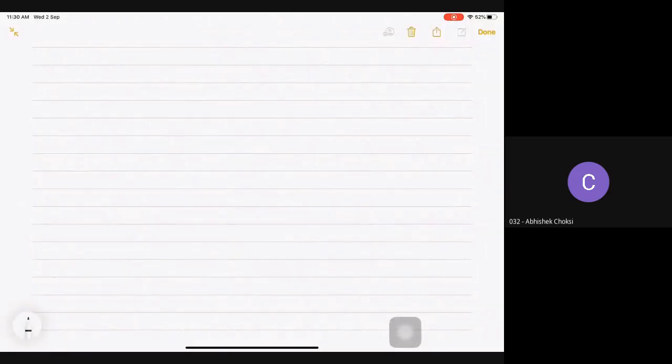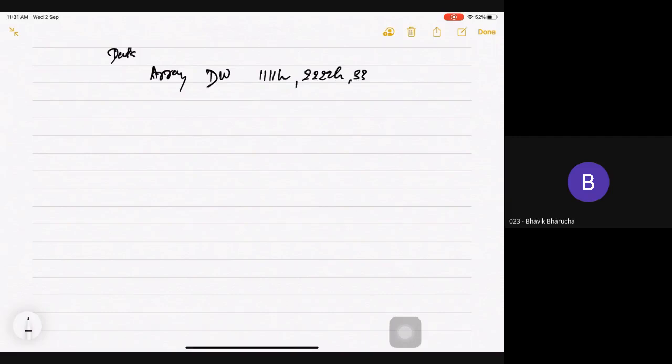So first is the data segment. In the data segment, first is my array. Here DB or DW? DW. Let's have 1111H, 2222H, 3333H, 4444H. Let's have four values only, right? If I am having only four values, my count will be DB or DW.